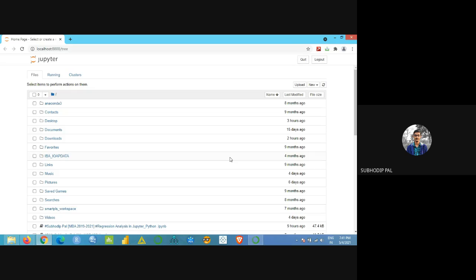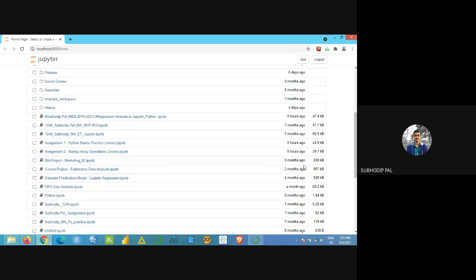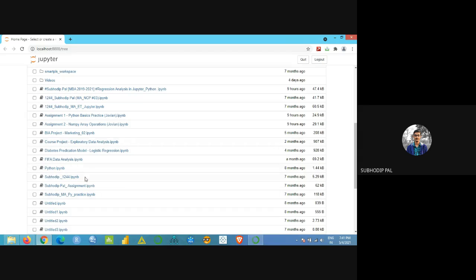Okay. After that, you will get this window. Are you all getting this? Can anyone confirm? Yes. Yeah. So after you open it, you will get this window. This is my previous work. It's already saved in the cloud, so whenever I want to open it, I can open it easily. Just click on that and it will automatically open. I don't need to worry about how to save my work. It automatically saves.